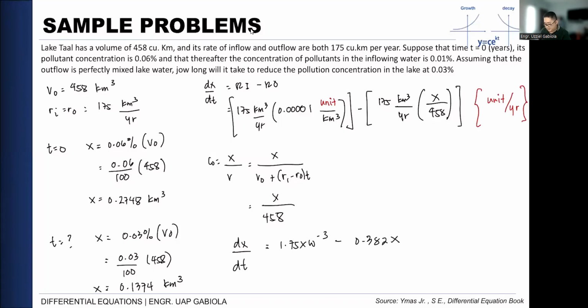So, paano natin to simplify? So, pinakamadaling solution sa kanya is separation of variables. Pwede? Linear po. Pwede din linear. So, madali din ng linear, no? O sige, gawin natin linear na lang. Para sakto na yun yung ating